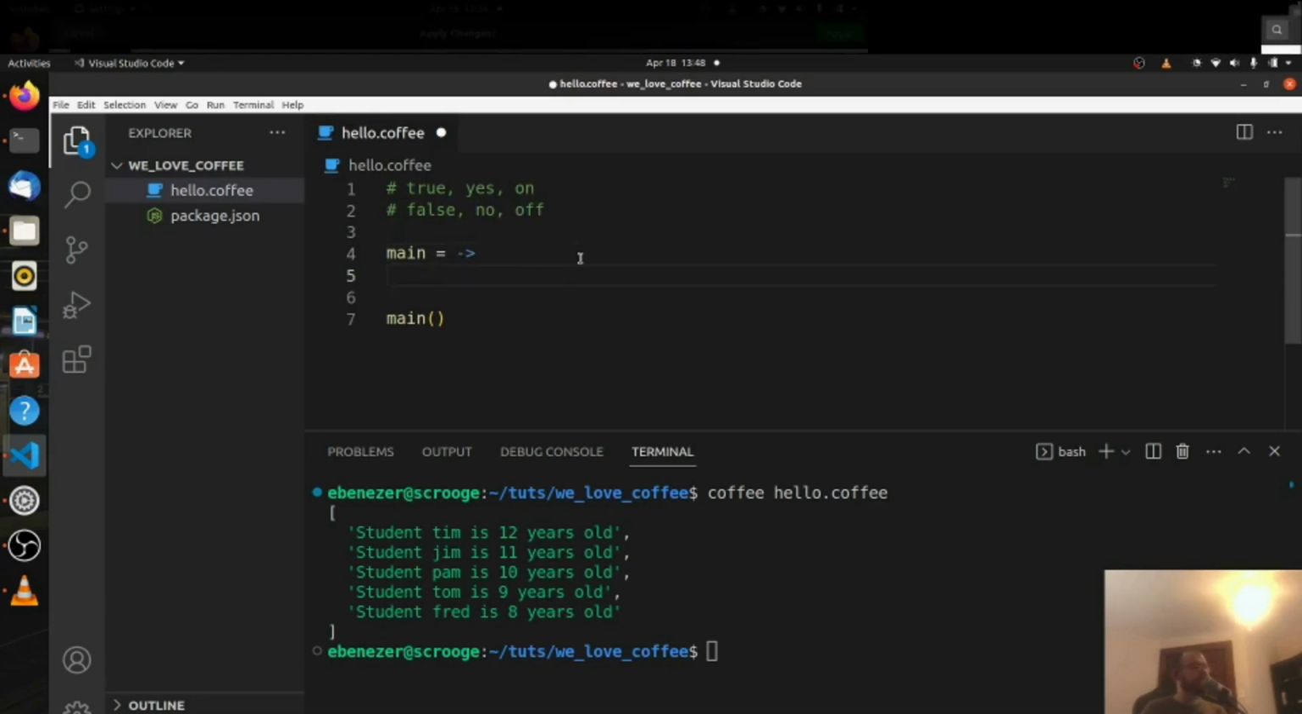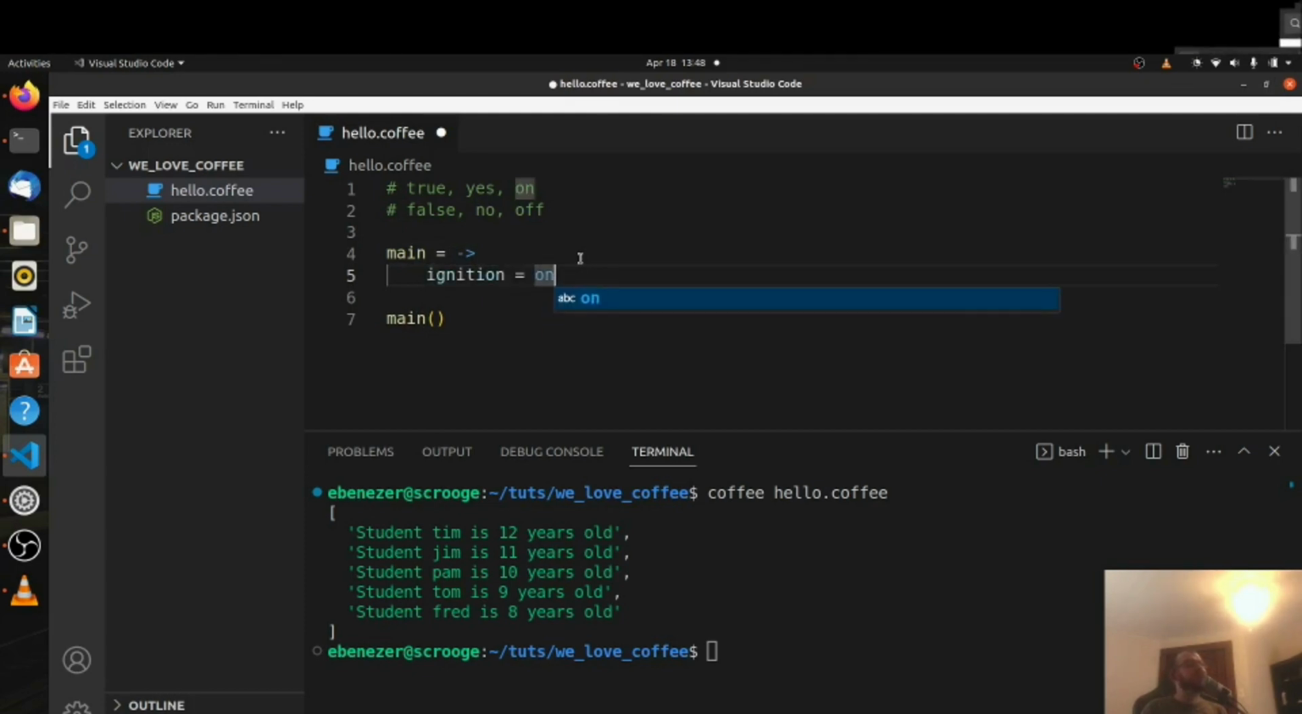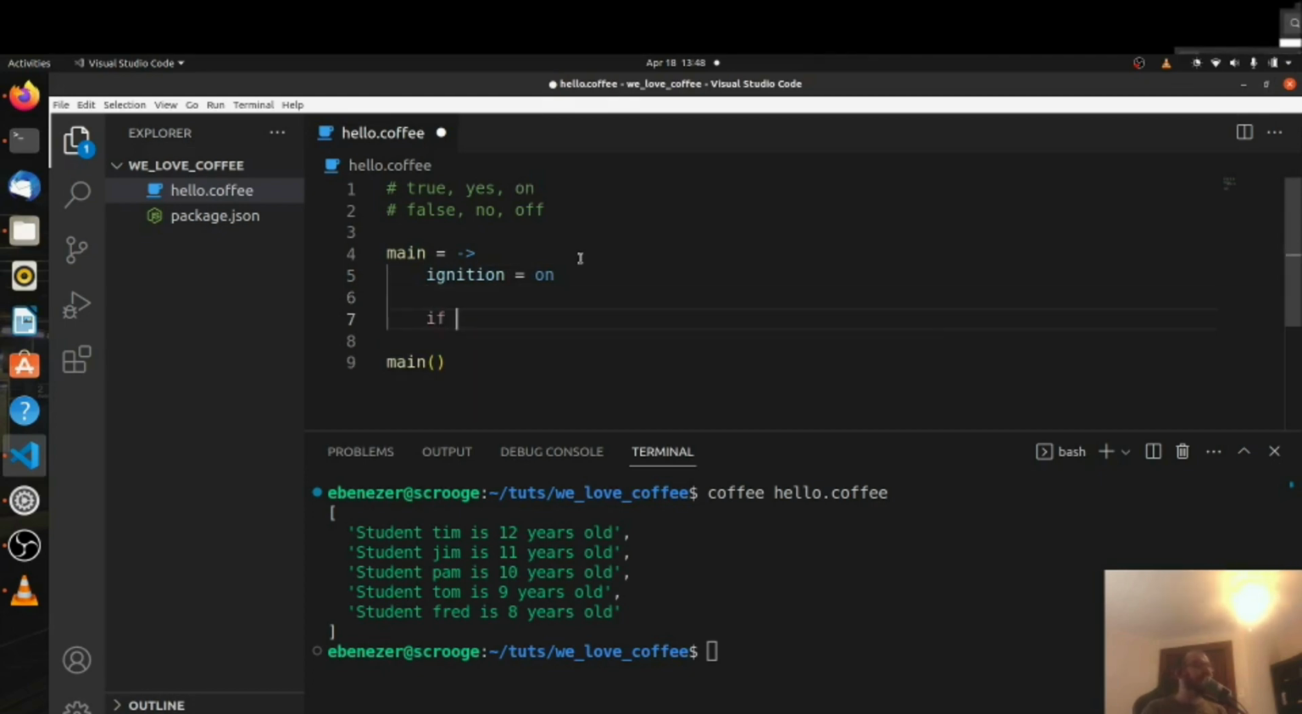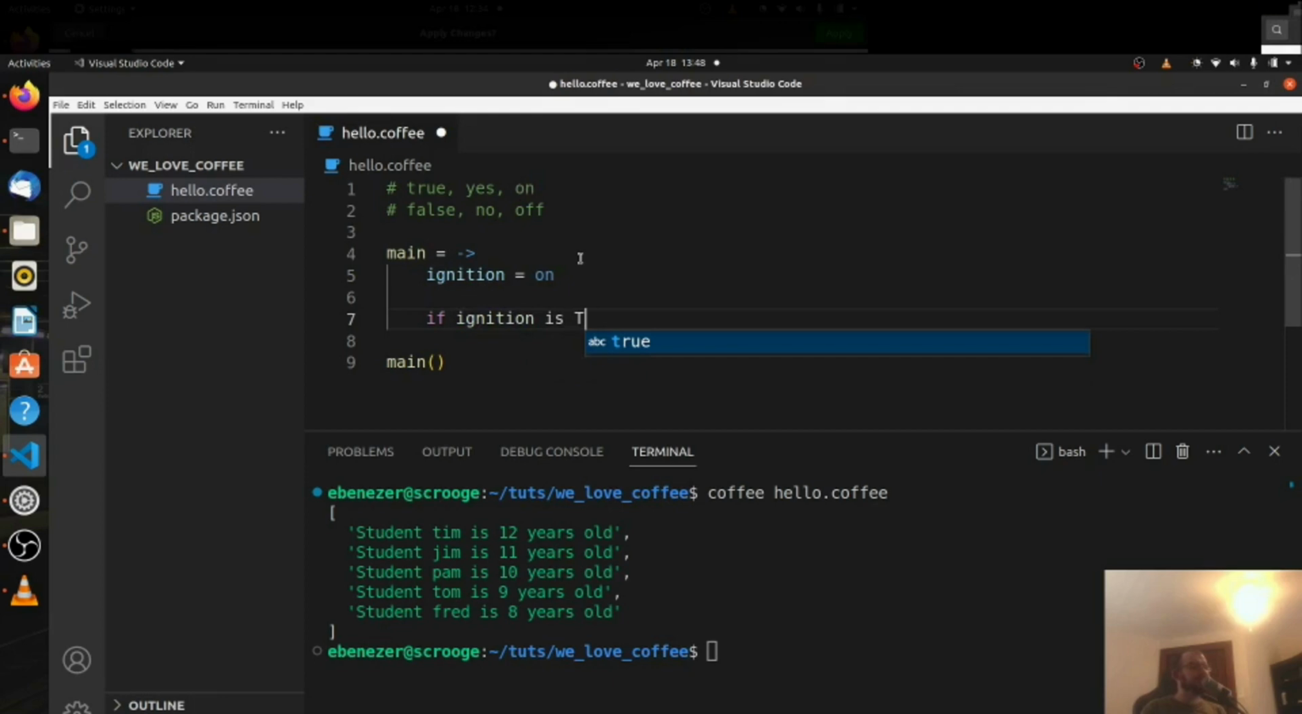So let's talk about car ignition. If the car ignition is on, then we want to drive the car, else we don't want to do that because it won't work. So we can say if ignition is, instead of double equals, we can say is on. So on is the same as true. So if ignition is on, if ignition double equals true, we can really just say if ignition in this case,